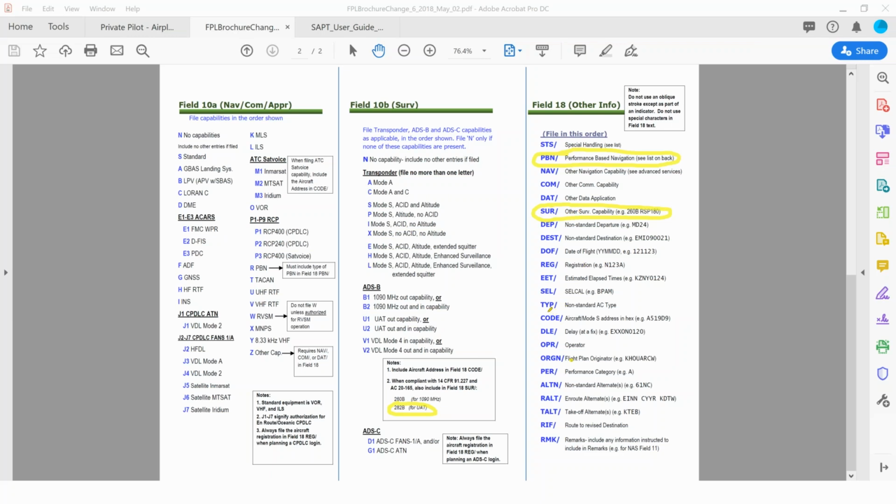Then down here at code, every aircraft actually has a Mode S hexadecimal code, and you're going to have to file that in field 18 with the prefix CODE/ and then it gives that example Alpha 519 Delta 9. So those are the three things that you have to have filled out in field 18.